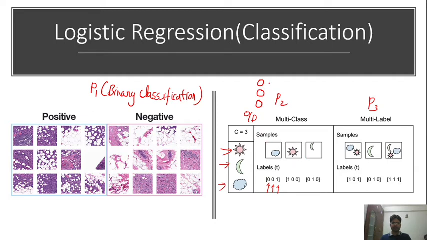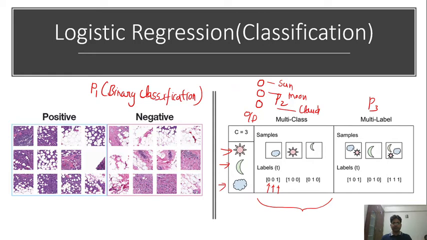The first is with respect to the sun class, the second with respect to the moon class, and the third with respect to the cloud class. Now here we have one constraint. The constraint is that a picture or an input will contain only one class at a time. It should not have two classes at a time. Then this is multi-class classification.